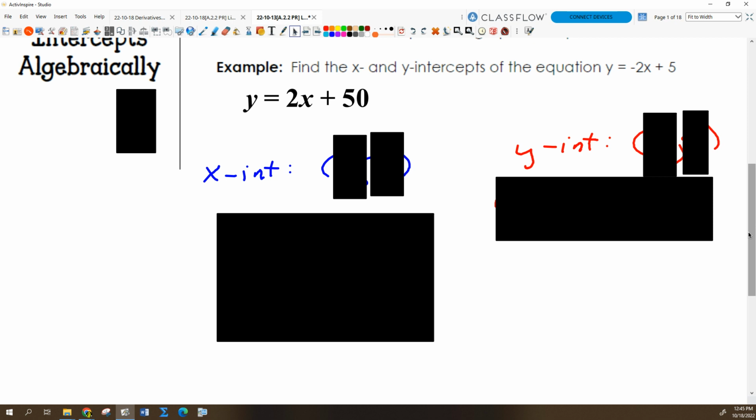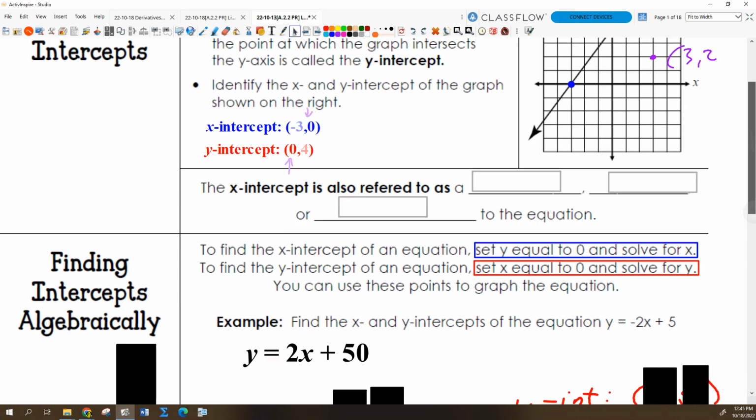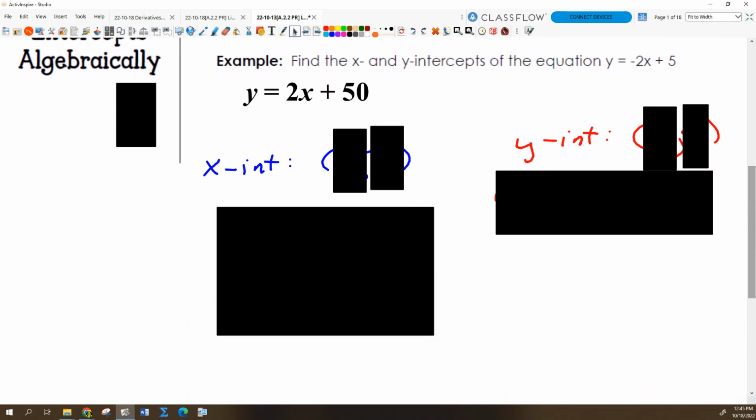Intercepts are points. An x-intercept is a point and a y-intercept is a point. If I started with the blue point and the red point, all I'd have to do is connect those points and extend to create the line. So for our 2 points, one strategy would be to find the x-intercept and the y-intercept, graph those points, and then connect and extend. So let's try that here. If I want to find the x-intercept, you guys told me that I'm going to set,